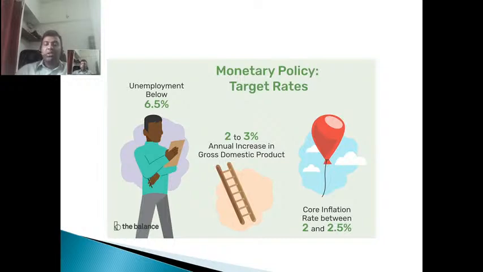The targets of fiscal policy and monetary policy are similar, but the tools are different. The government has tools like increasing or decreasing the tax rate, whereas RBI increases or decreases the repo rate and reverse repo rate. So they have different tools altogether, but the ultimate aim is to have